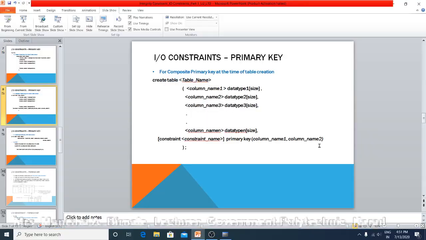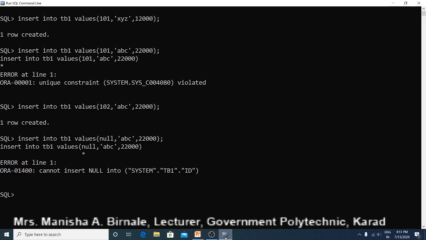Let us try it. Let us create one table having columns like roll number, class, name. So create table tb2. The first column is roll number, data type is int.